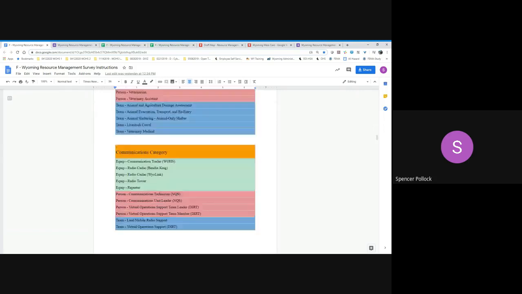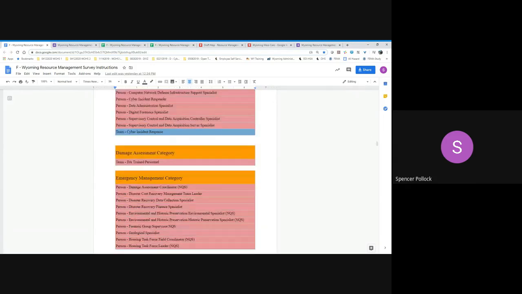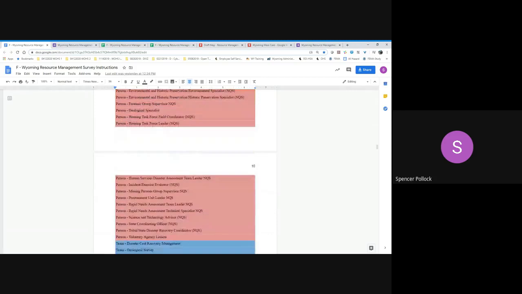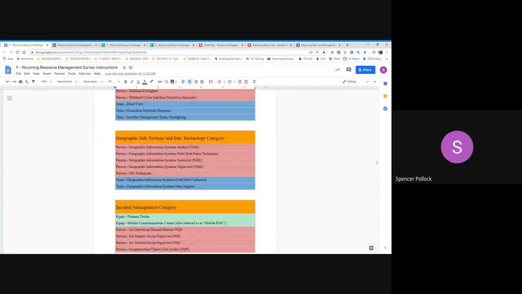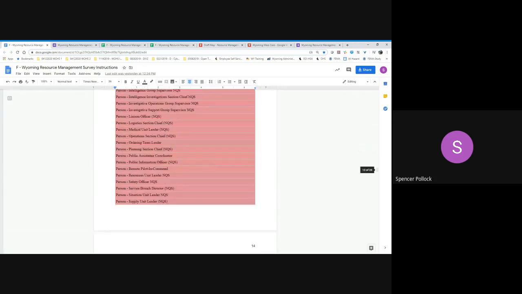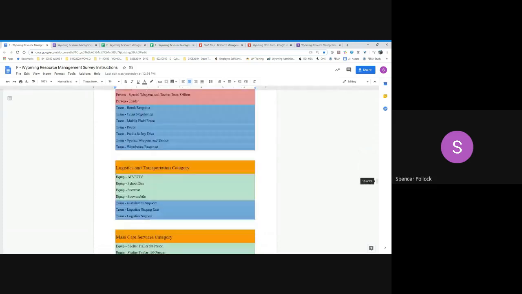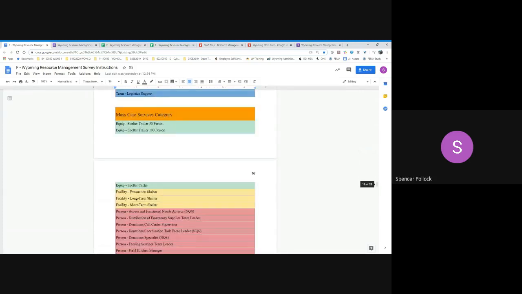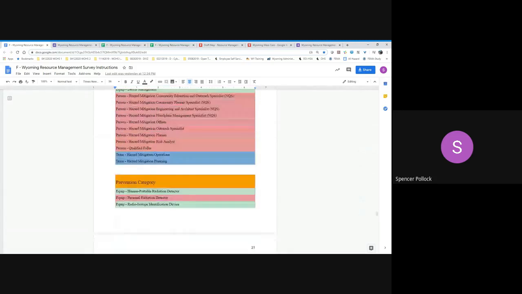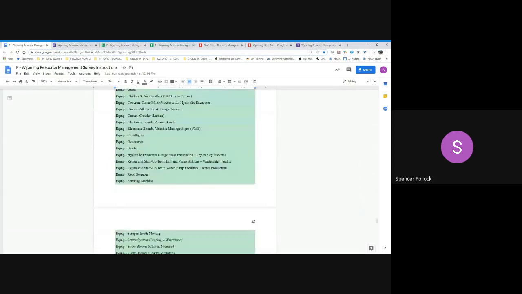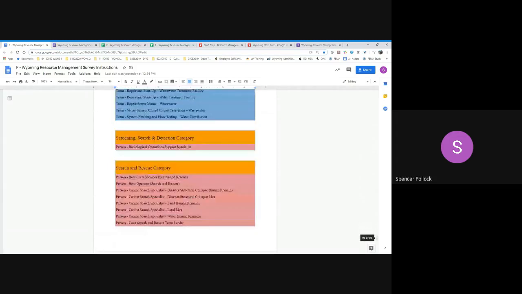and potentially teams. You can see there's a lot of buckets: communication, cybersecurity, damage assessment, emergency management, emergency medical, fire and hazmat, geographic information systems, incident management, law enforcement, logistics and transportation, mass care services, medical and public health, mitigation, prevention, public works, screening, search and detection, and search and rescue. So effectively, while this looks like a lot in and of itself, it really isn't nearly as bad as it seems, and we'll show you how you input the data.